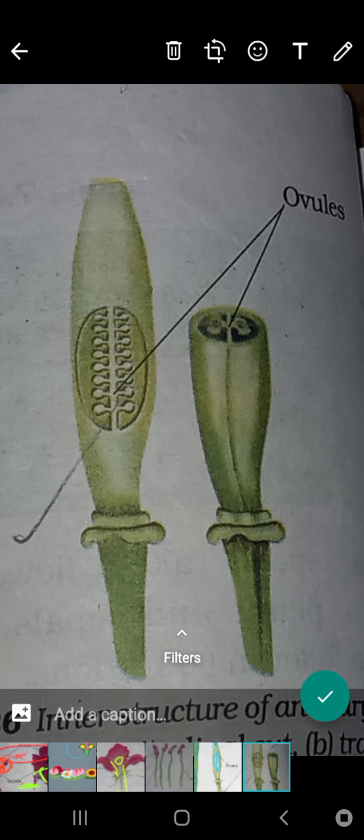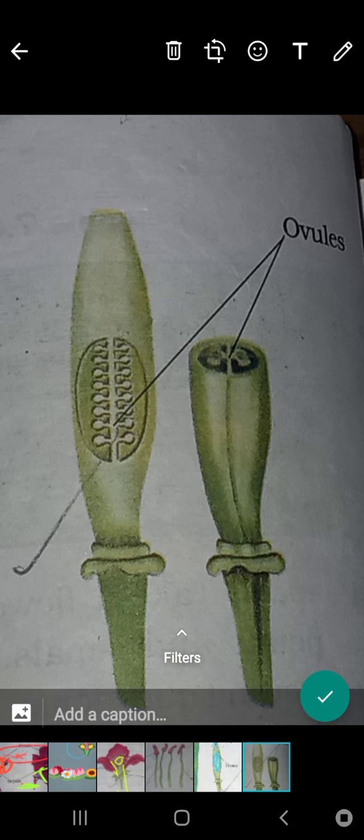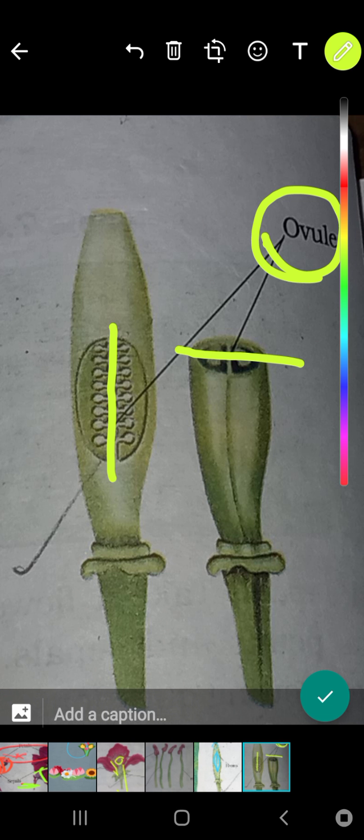Now let's learn about the ovary. In the ovary there are ovules. Here we have a cut with a blade. In reality it is not possible to cut like this, but in this figure you can see it cut by a blade. In the first one it is horizontal, and here it is vertical.